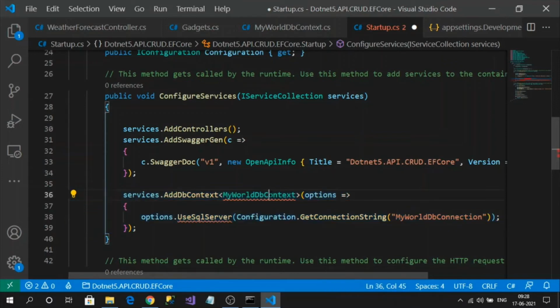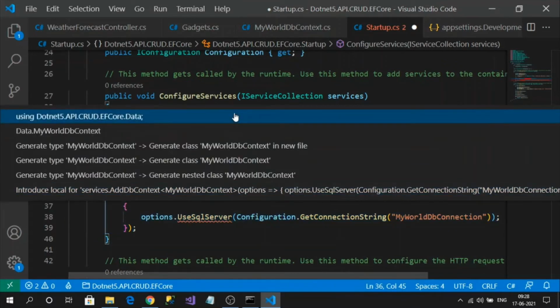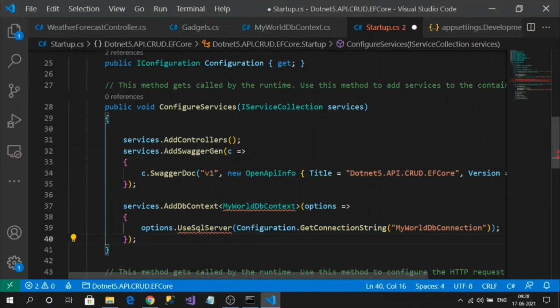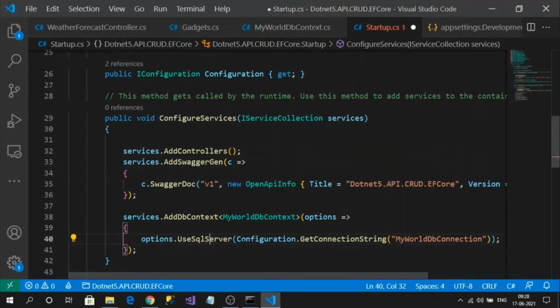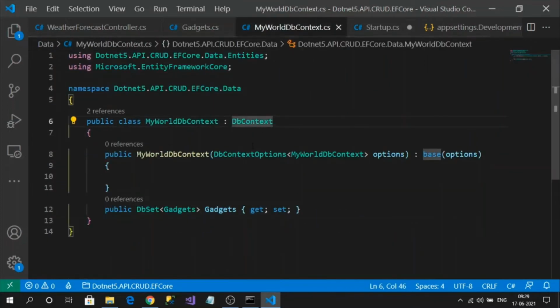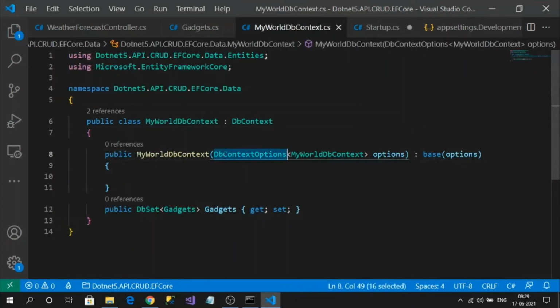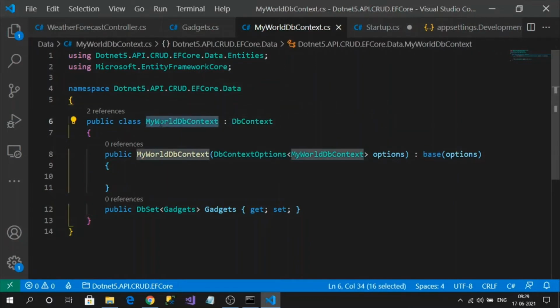So let's import the namespaces. Okay, so here, if you observe in the options, I am registering my MyOldDBContext. So these are the options that will be injected into the constructor and passed to the parent class. Okay, so these options get injected when the instance of the MyOldDBContext is created.